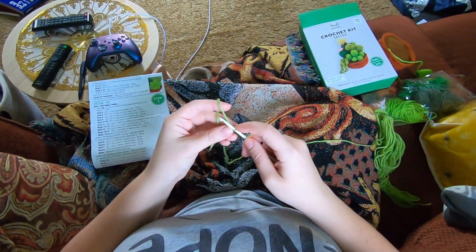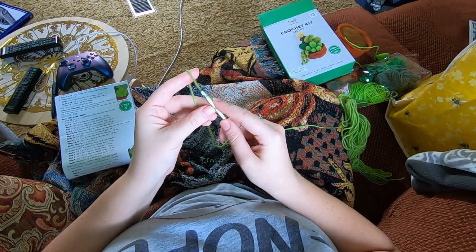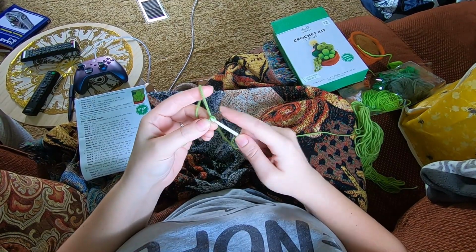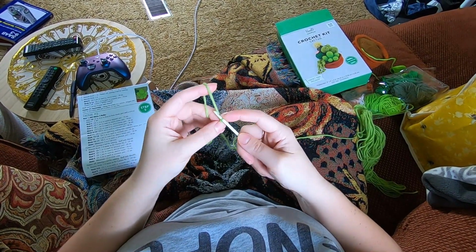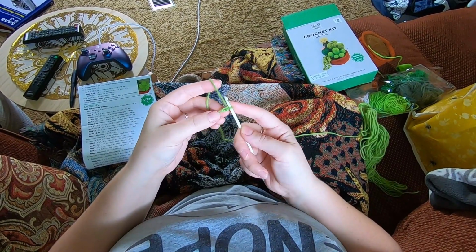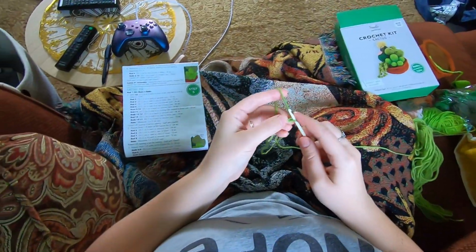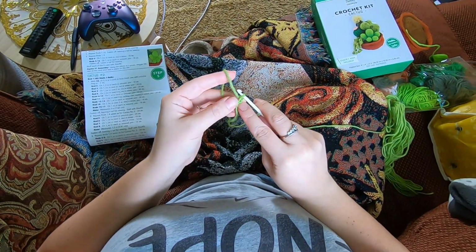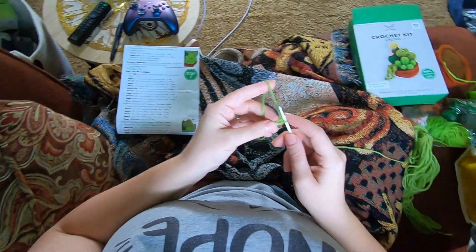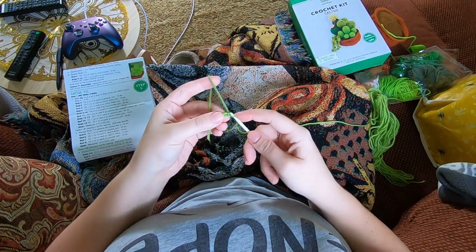Anyways, we're going to chain 2. So press back against that yarn, rotate that hook to catch the yarn, pull it through the loop on your hook for 1 chain, and then again for 2. So loop on my hook, this is my first chain, this is my second chain. So in the second chain from the hook, which is this right here, we are going to do 6 single crochet. So I'm going to insert under the loop of this